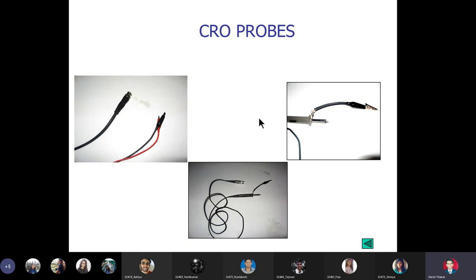Now, why are these kinds of probes required in power electronic systems and not in electronic devices? Because usually the output of power electronic systems, whether the output is DC or AC, is high voltage. The maximum possible AC voltage at the output of any power electronics kit can be as high as 230 volt RMS and up to 200 volt DC also.